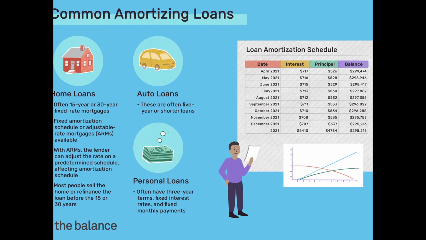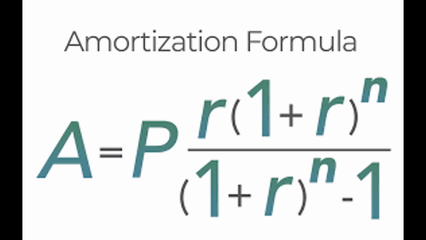Now there are times where you'll need to calculate what's called an amortized payment. This is a payment of the same amount for a set number of months or years, such as for a car loan or a mortgage. So to do so, you should use the formula that says the monthly payment is equal to the present value times 1 plus the interest rate raised to the n over 1 plus the interest rate raised to the n